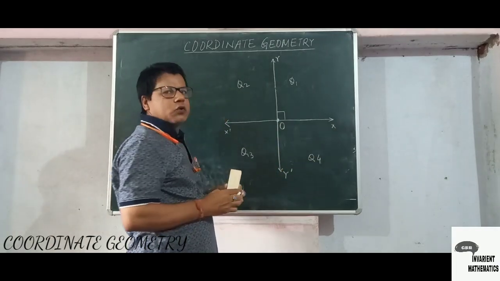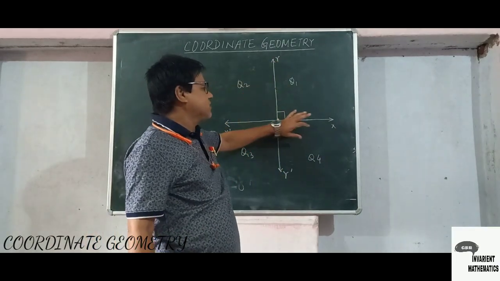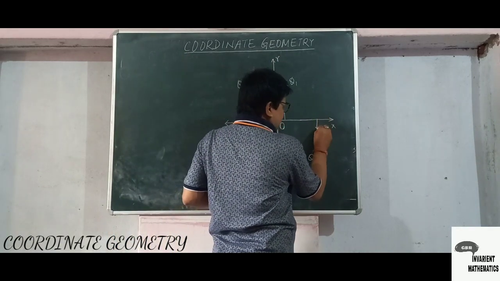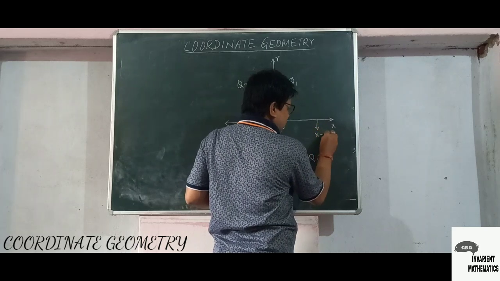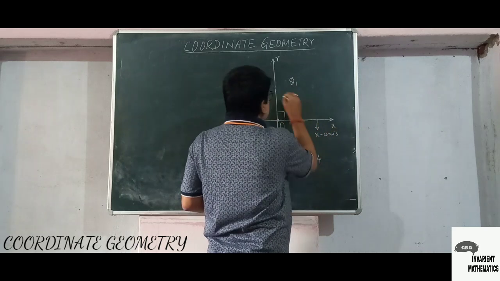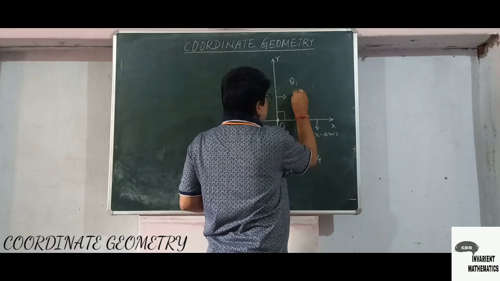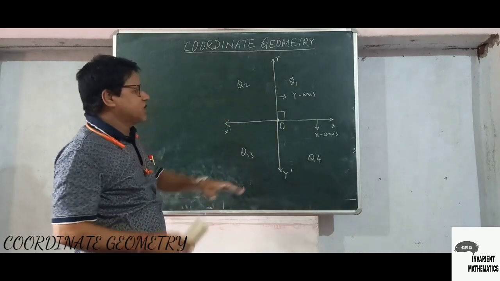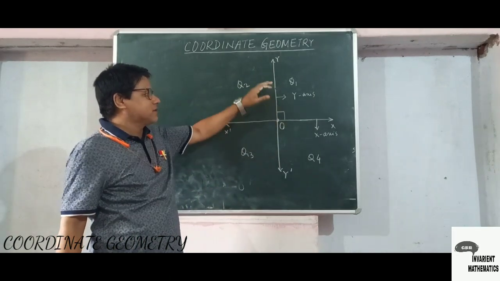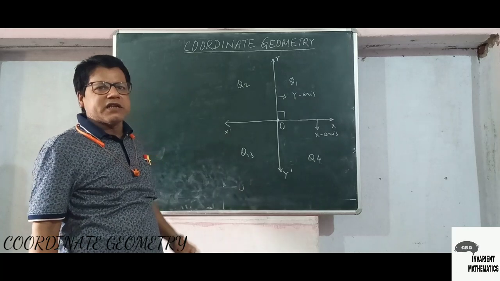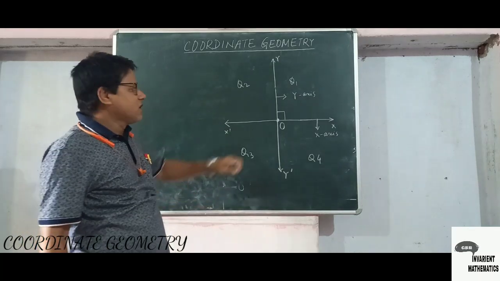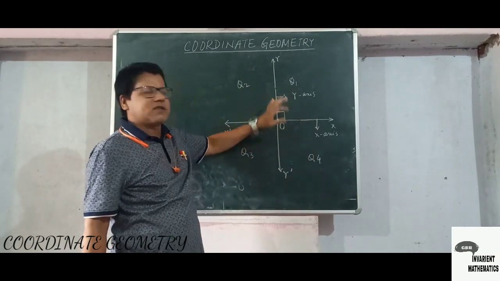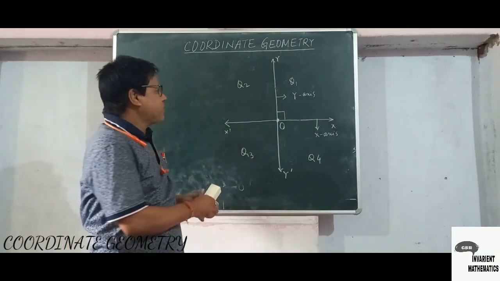The two axes divide the plane into six parts. The other two are known as the x-axis and the y-axis. So these are the six parts. When we draw two axes on a Cartesian plane, it divides the plane into six parts. Out of six parts, four are called quadrants and two are axes. Now, if a point is here,